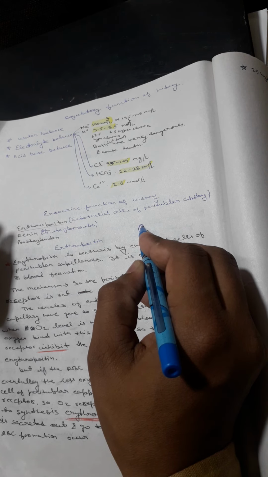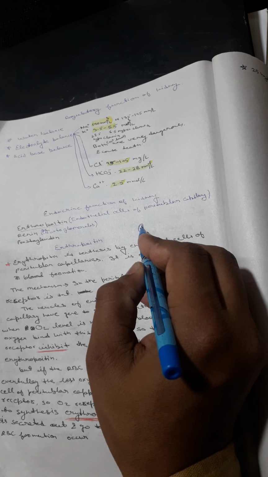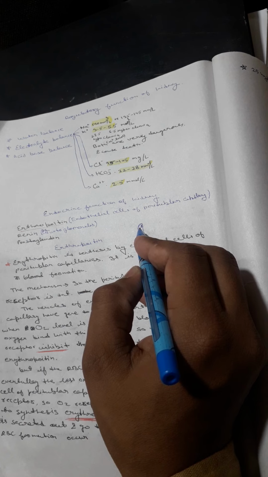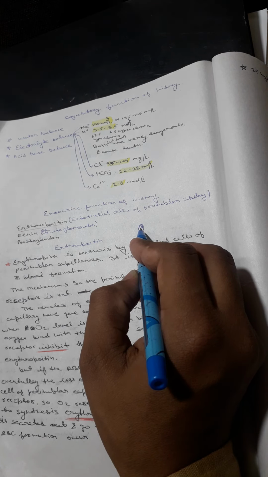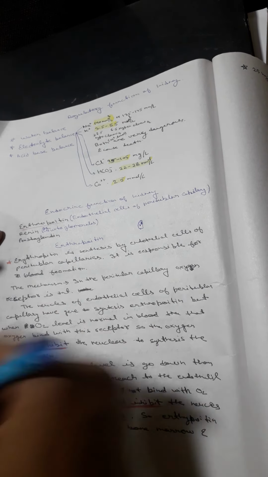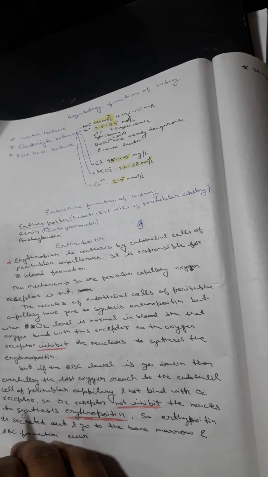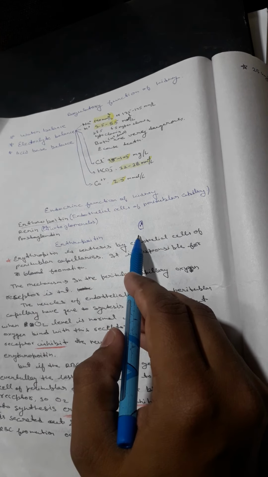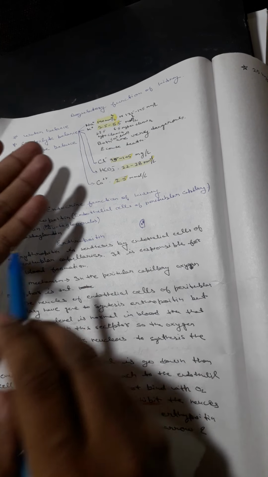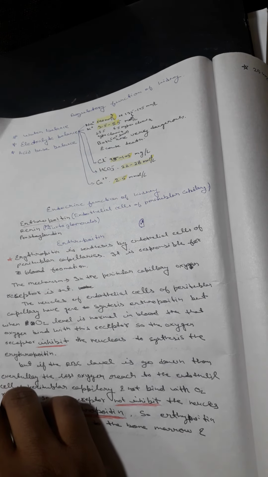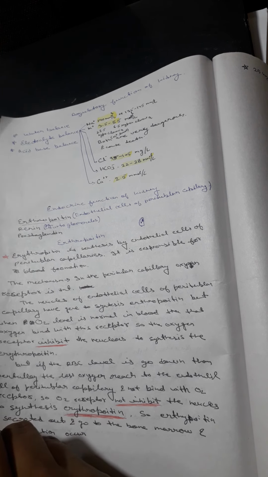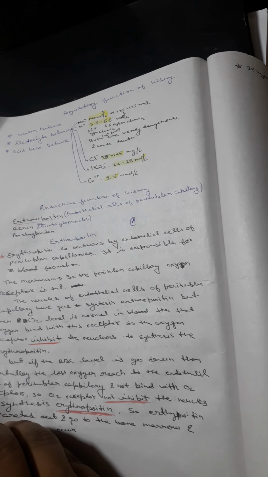So this receptor cannot bind with oxygen. When it cannot bind with oxygen, it cannot inhibit the gene present in the nucleus. So the erythropoietin synthesis gene becomes active and secretes erythropoietin, and this erythropoietin goes to the bone marrow and erythropoiesis occurs. So it is a very main regulatory function of the kidney. And electrolyte balance, like sodium, potassium, calcium, bicarbonate ion and chloride, all are regulated by the kidney.